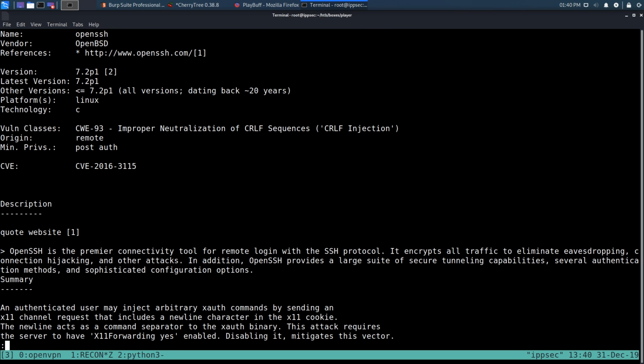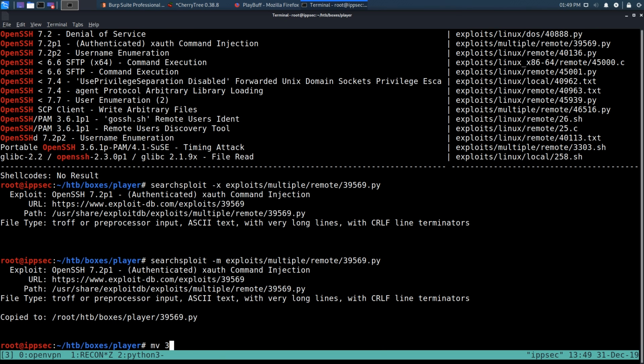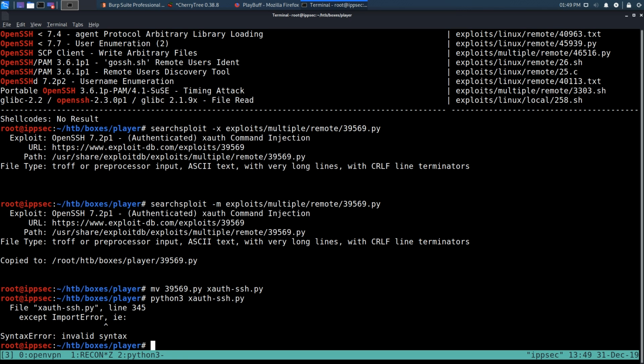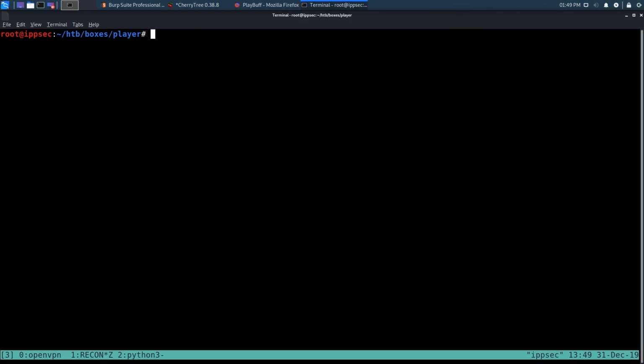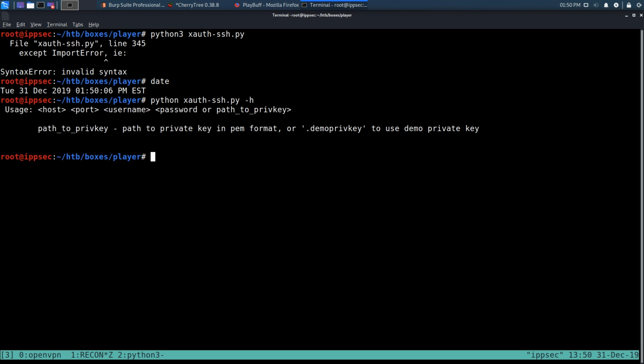it's a CRLF injection, but a lot of stuff to read, so instead of reading, let's just run it and see what happens. So we can do mv to rename this file to something that makes more sense, like xauth-ssh.py. Save that, and if we try running it, we get an error message because this is Python 2, not Python 3. Who knows what's going to happen when you try running this, because Python 2 supposedly is getting wiped off the face of the earth January 1st, 2020, and it is New Year's Eve for me, so I can still use Python 2. Maybe that joke doesn't age well, I don't know, but definitely a Python 2 script,